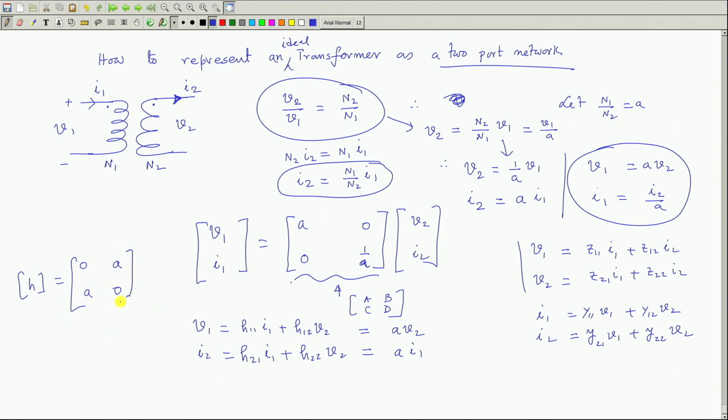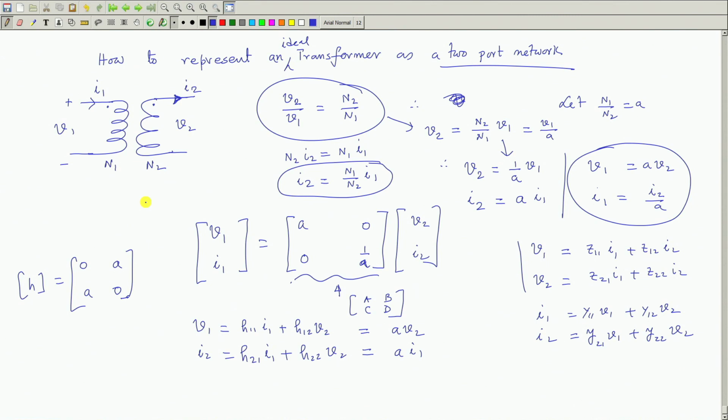So behind all this representation, with slight manipulations of the equations, in most cases you will be able to conclude several things, whether I can represent it in h parameters or y parameters or z parameters, things like that. We will continue with this idea and tell you about another 2-port network, which is an interesting network called a gyrator, in my next class.